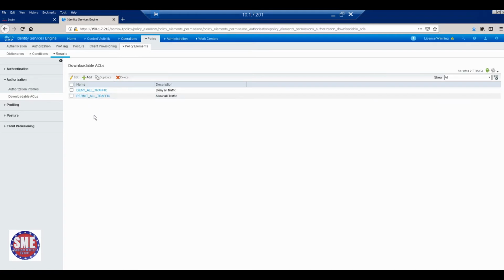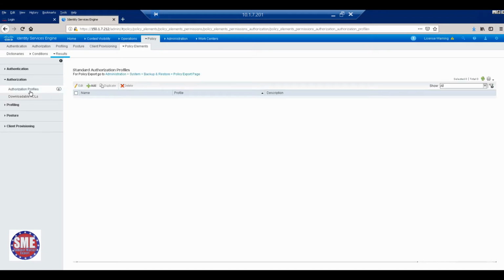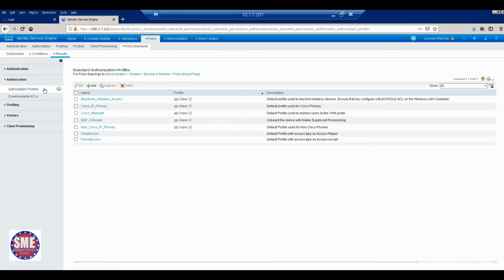So result success: user authentication success, authorization success. Then we can inject something from the ICE. We are injecting two things. One is VLAN ID. Second one is access list. We don't have any specific access list. We will permit only the permit all access list. Okay. So now we need to create extra authorization profiles, results. Already IP phone and permit access are there. Other results we need to create.